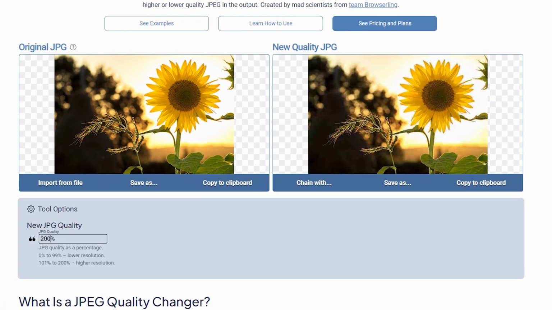The JPEG Quality Changer is a fantastic tool for adjusting the quality of your JPEG images with just a few